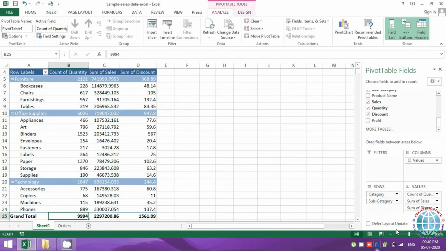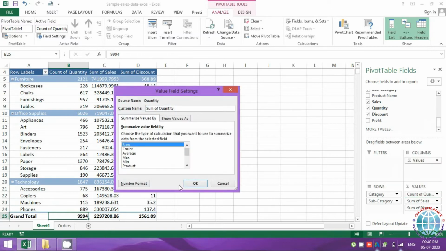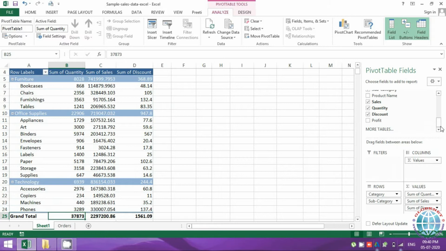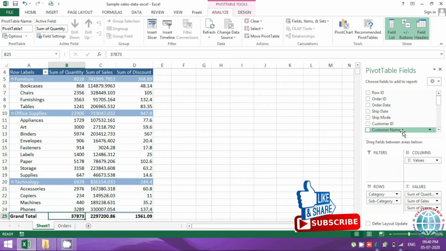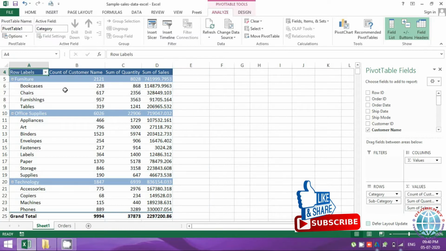Okay, but that would ideally not be the right picture for quantity. So for quantity, sum is the good option. You would use count basically for something like the number of customers you've targeted. So here you can say, okay, the number of customers that we've targeted is 9,000, and the number of quantity we have sold is 37,000. This is the number of sales, this is the discount we've given, the profit we have. All of that can be shown together. Let us keep it limited to 3 columns as of now.